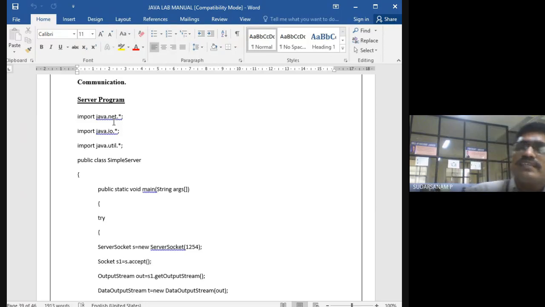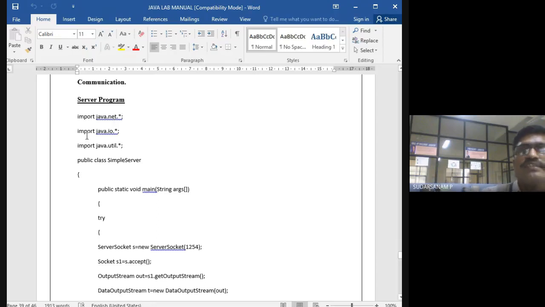That is the reason for client server. Otherwise, what will happen? Client will be in one place and server will be in another place. So you can request some messages from the client, and the server will respond to whatever you have requested. So here, for our understanding purposes, we are writing the programs with the client also in the same system, and the server also in the same system.